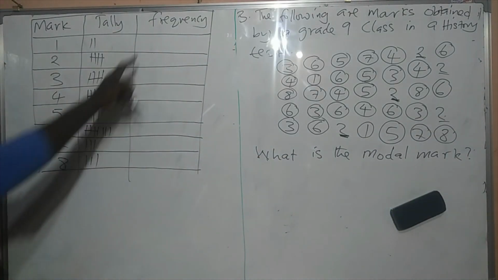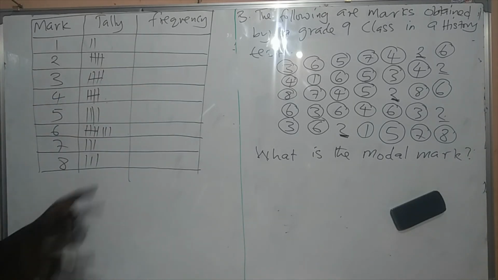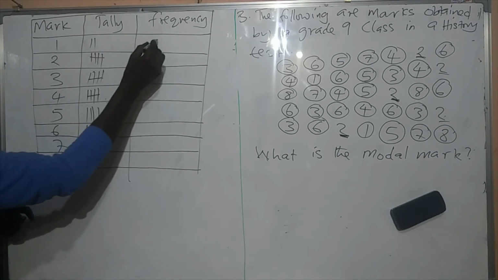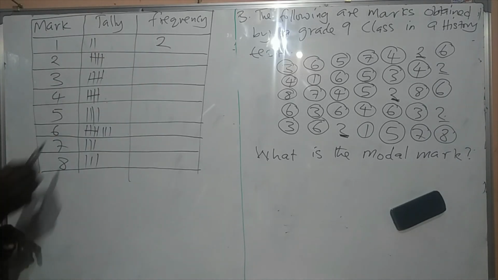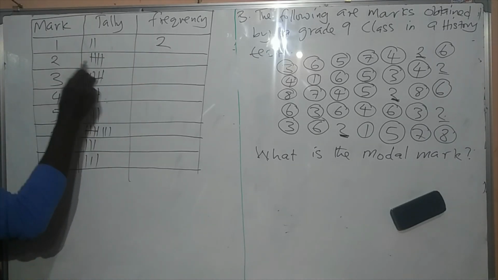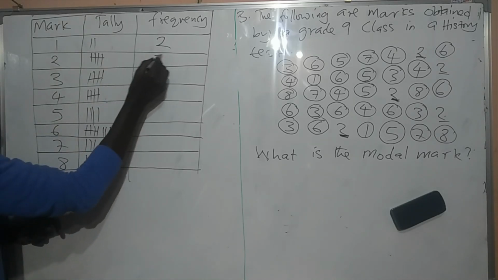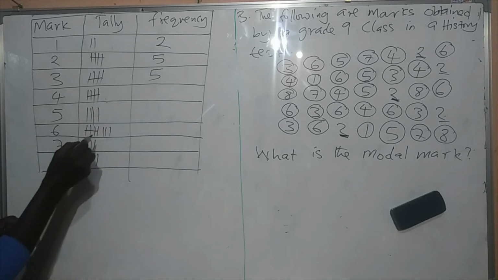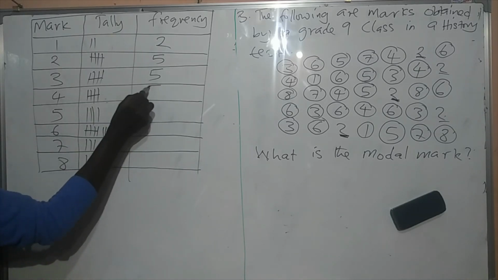And then now we can put the frequencies here. So here's how you put the frequencies. You just look at the 30s now. Since you have 2 of them here, you're going to have 2. Here you have 5 of them. That line shows that they are 5. So you have 5 here. Again here you have 5. And then here you have 5 also.